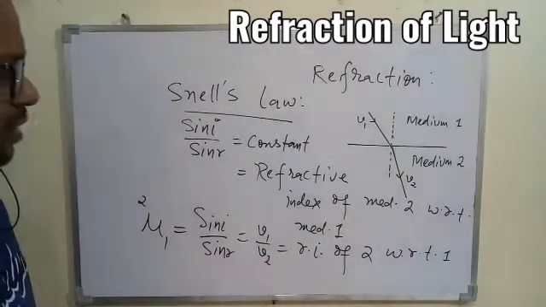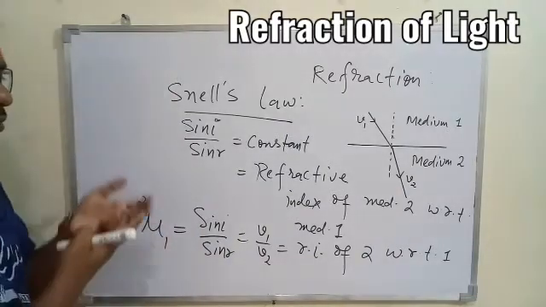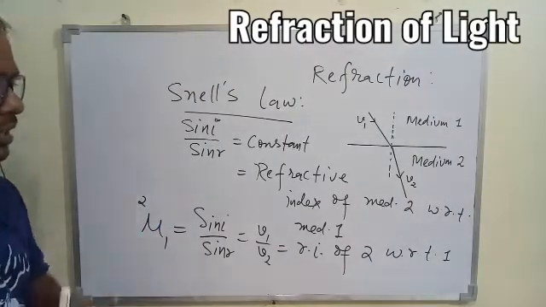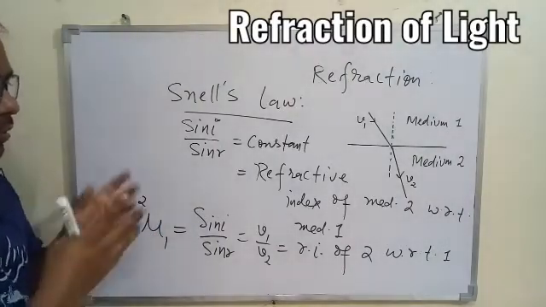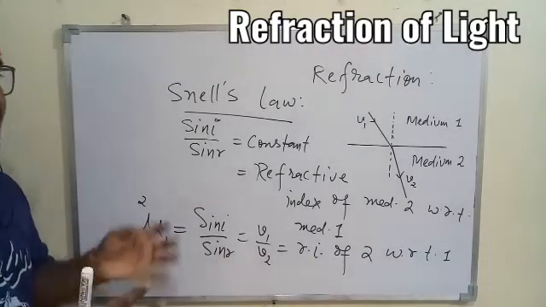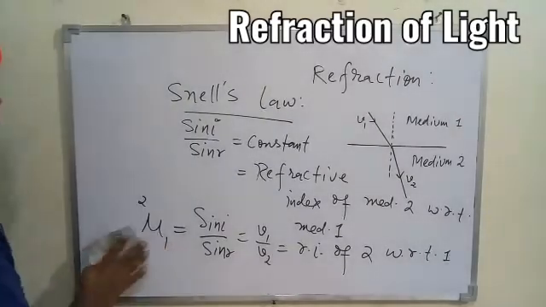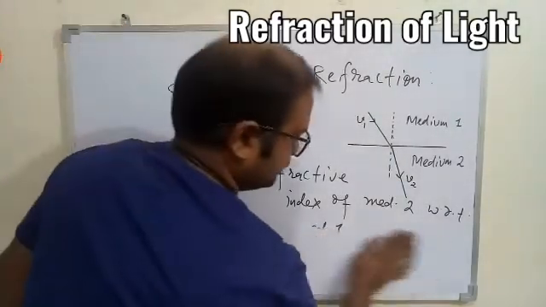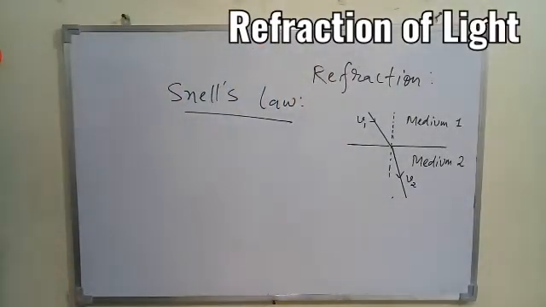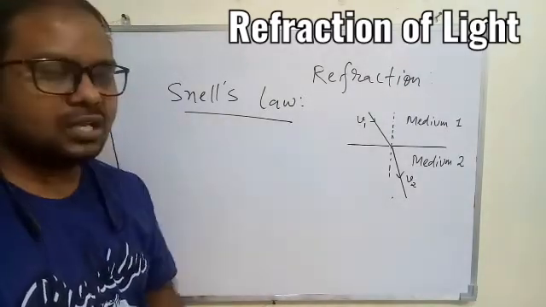Since we are talking about the ratio of sin i and sin r, if you try to find the SI unit of this refractive index, it will be just a number, because the same physical quantities are divided here, so there is no SI unit for the refractive index. So this is one thing we understood. The refractive index concept is always related to two different media, one with respect to the other.